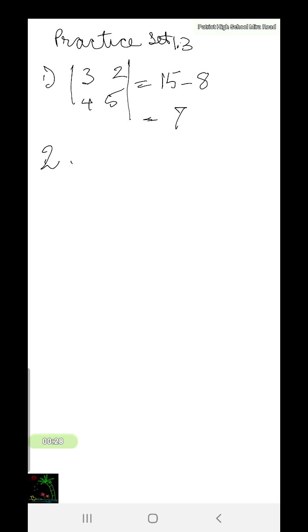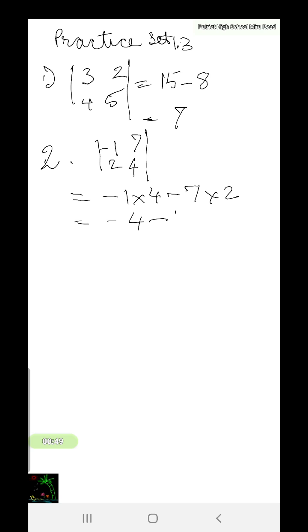Second, find the value of the following determinants. So the first determinant, minus 1, 2, 7, 4. Cross multiplying, we have minus 1 multiplied by 4 minus 7 multiplied by 2. That is minus 4 minus 14. So the answer is minus 18